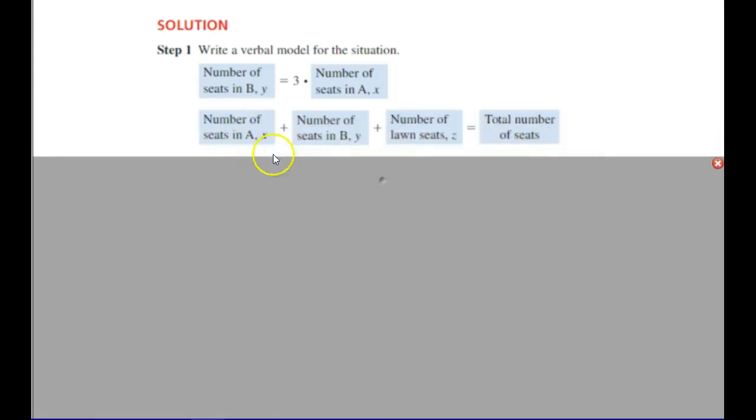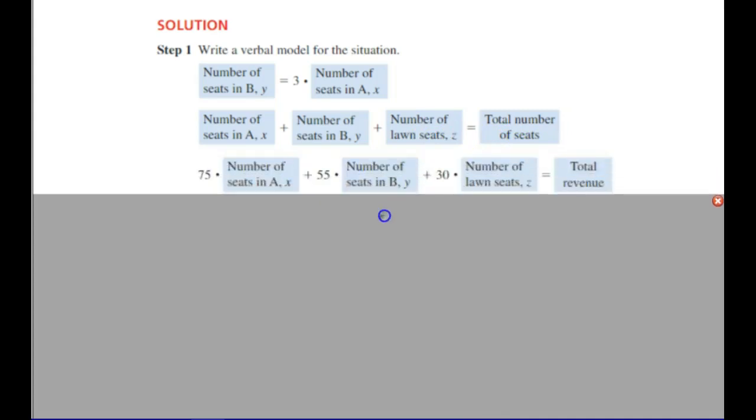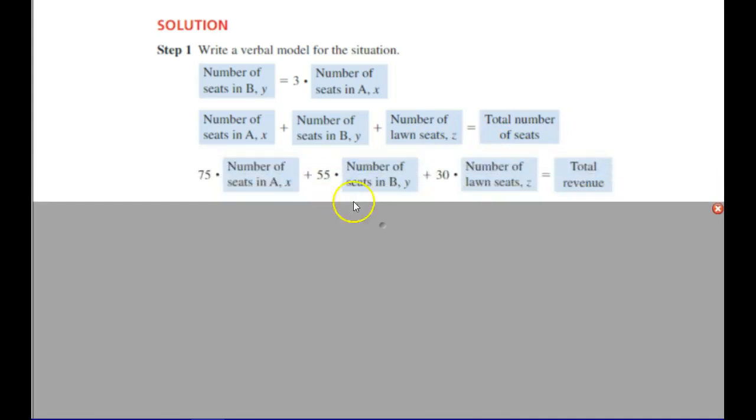The number of seats in Section A, which is X, plus the number of seats in Section B, which is Y, plus the number of lawn seats, is the total number of seats. And now here's where the money comes into play. So $75 times the number in X, plus 55 times the number in Y, plus 30 times the lawn